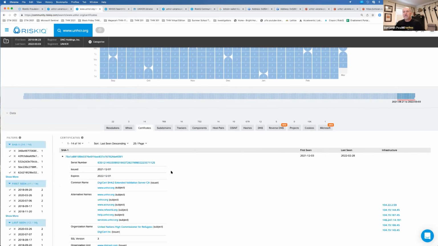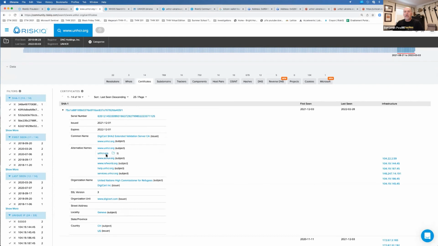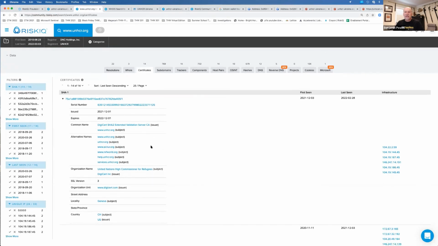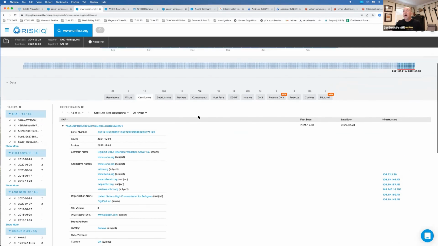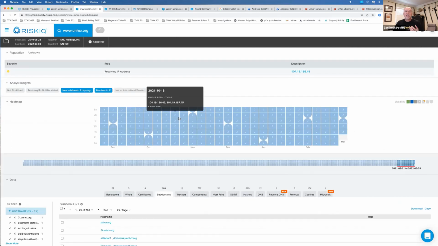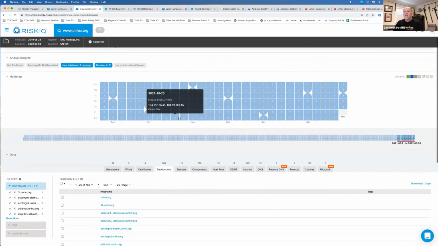They are paid certificates from DigiCert. Awesome. I can see all of the alternative names associated with those, and the IP addresses they're associated with. I see that there's not just 3 subdomains, there are 769 different subdomains.